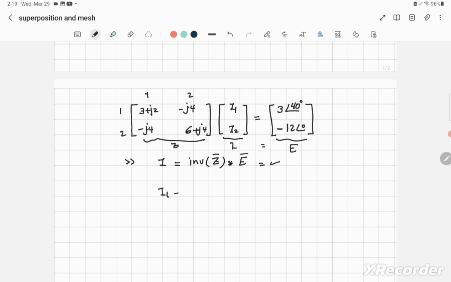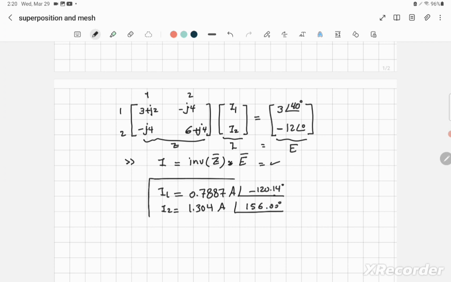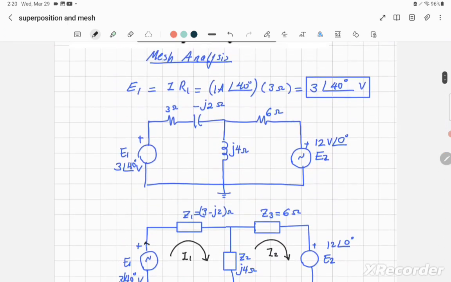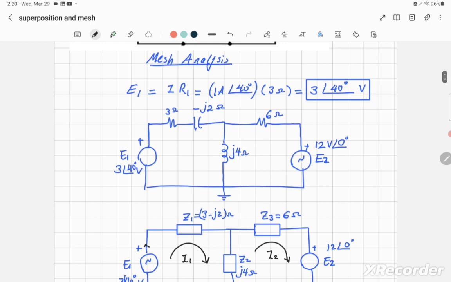So I found I1 equal to 0.7887 ampere at an angle of negative 120 degrees, and I2 is equal to 1.304 amp at an angle of 156 degrees. So that's the answer for the problem. Of course, if you want to find other things, let's say they ask about the current in the j4 inductor, so you go and